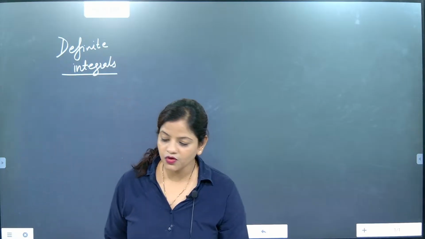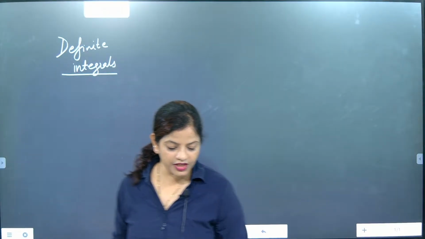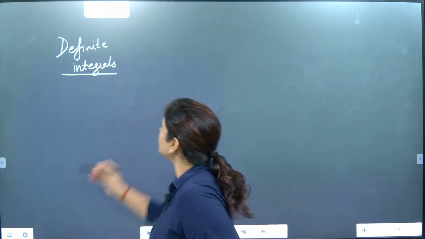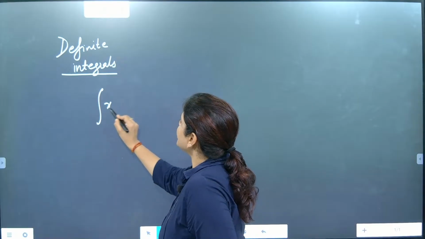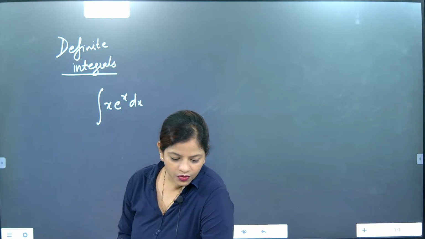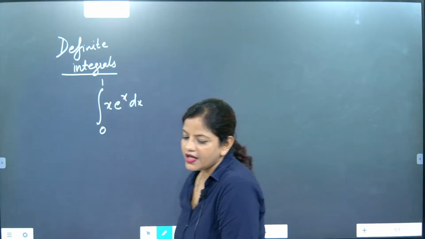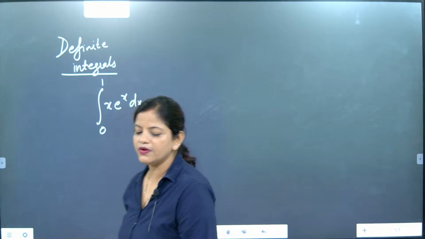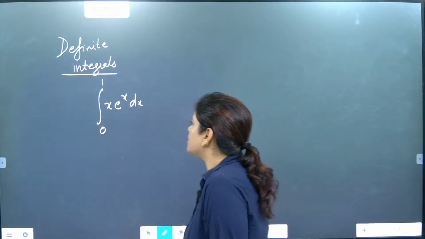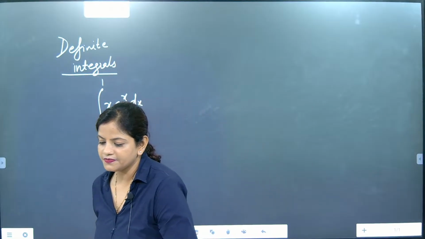Now look here. So for definite integrals, some property-based questions we are going to do. But before that, some questions of NCERT we are going to solve for definite integrals. Like if somebody will be giving you x e to the power x dx given. Now we know that without integration we can solve it easily. Like 0 to 1, x e to the power x is given to you and you need to integrate this one out. So when integration you are going, that means you are going to go with ILATE method. So now what you are going to do here is,